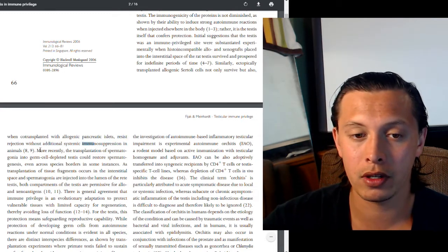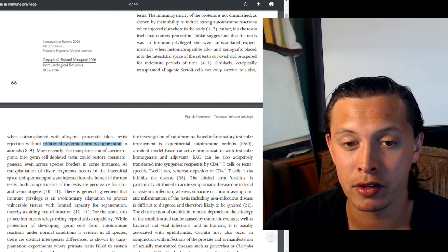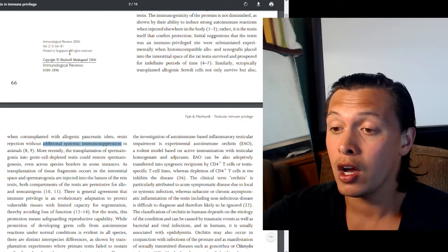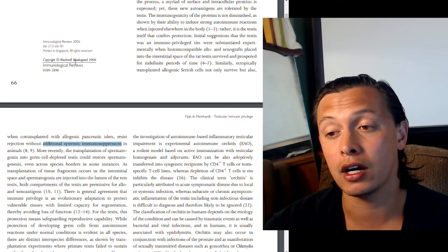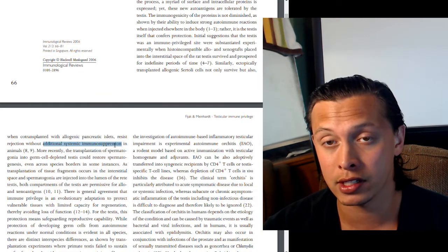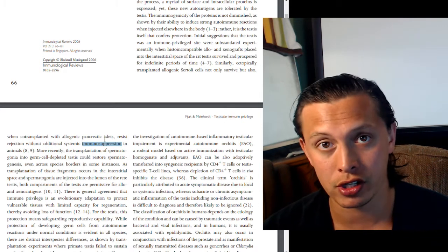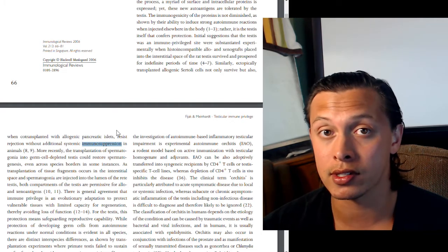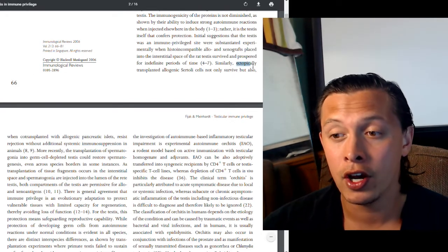So this additional systemic immunosuppression, oftentimes when we do transplants, we need to put the host or the recipient of that transplant on some form of immunosuppression. And the reason is we don't want the person's immune system to attack that tissue, especially if they need it. So here they're saying